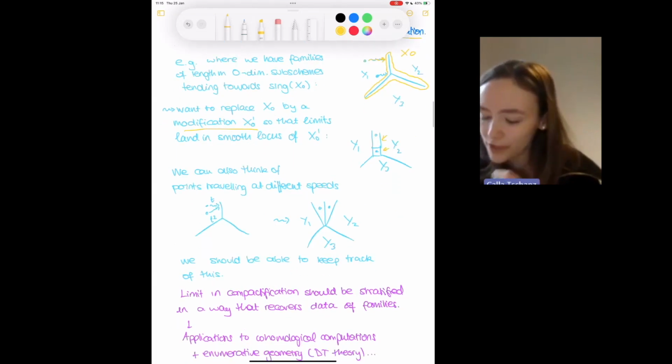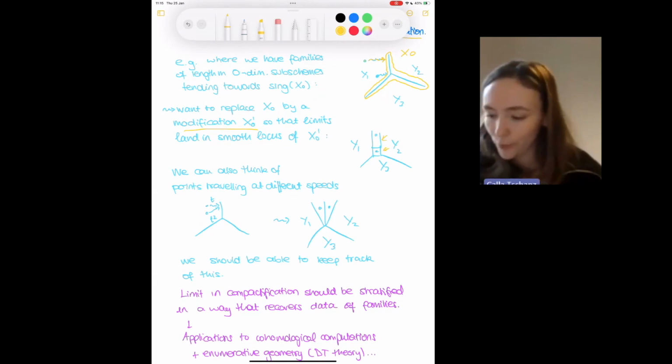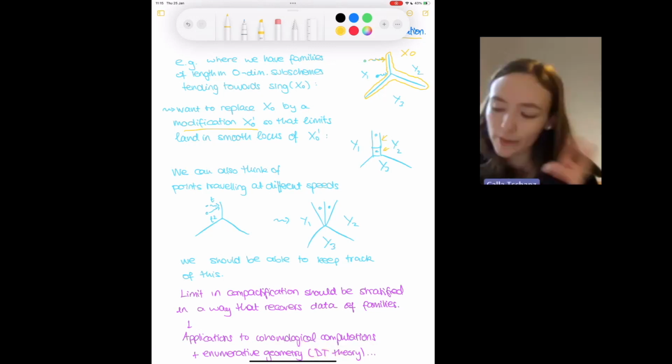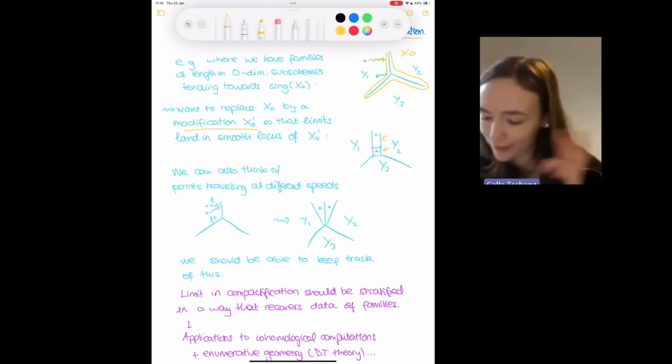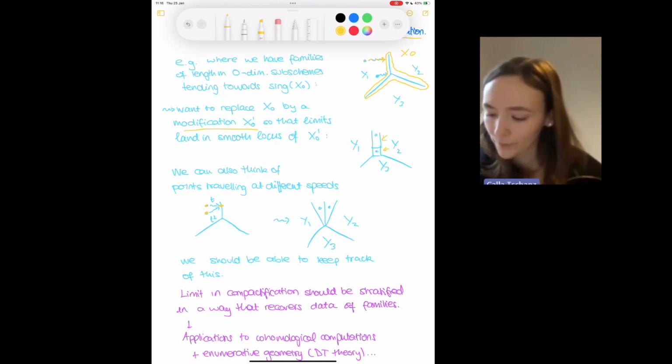And additionally, if we do this, we'll also have this phenomenon that if we have 2 points traveling at different speeds towards the same limit. So here, for example, I'll explain more what different speeds means. It's a little bit of a vague statement, but for now, we imagine a point traveling at speed t here, and a point traveling at speed t squared here towards this point here in the singular locus of x0, and they would both land there.